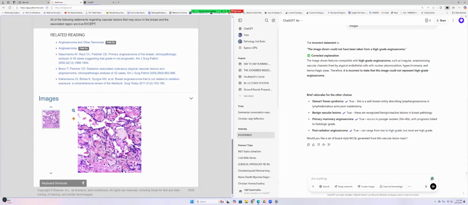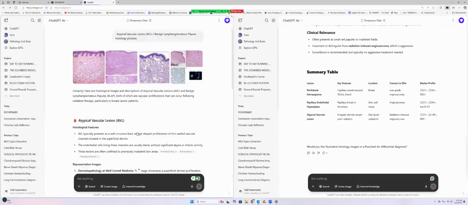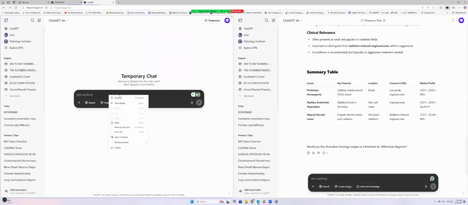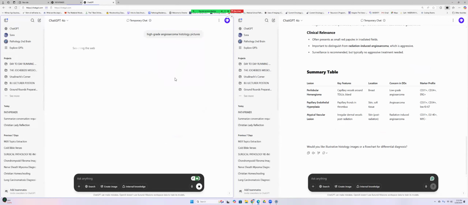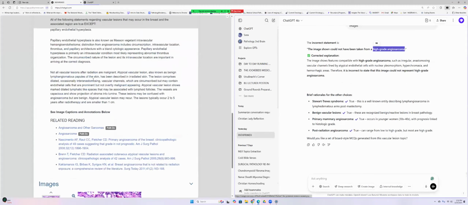Understand? So let's see if we can get more pictures of this, histology pictures of high-grade angiosarcoma. So while we're waiting for that,